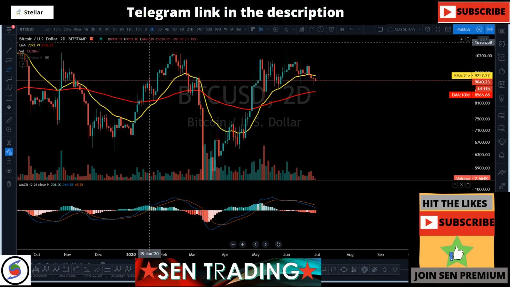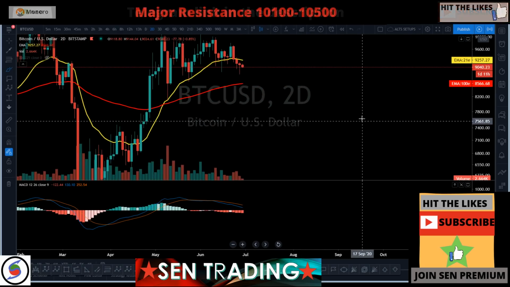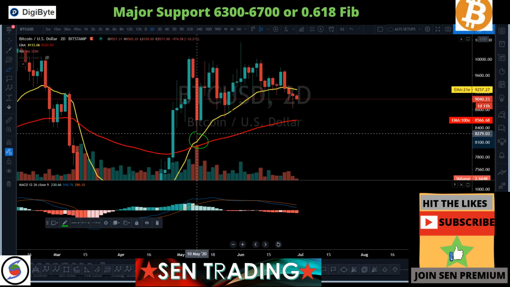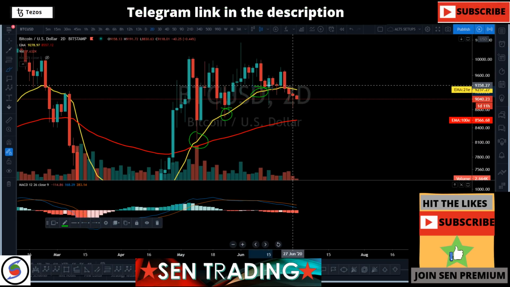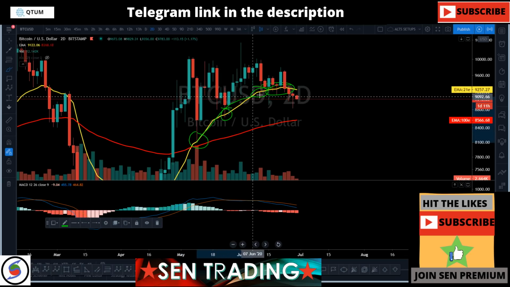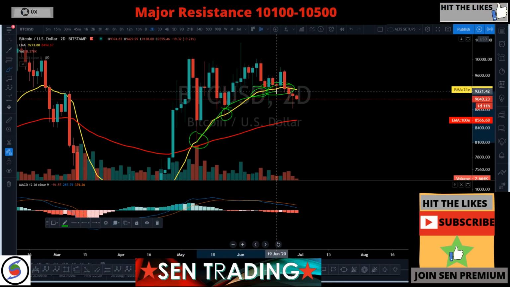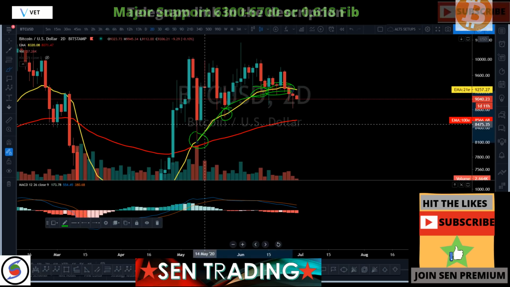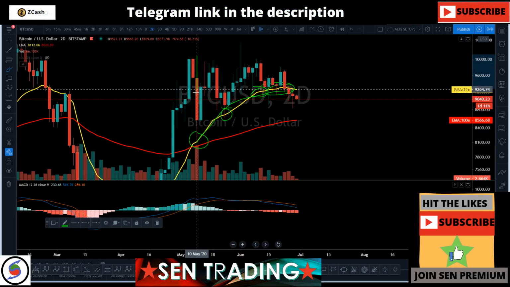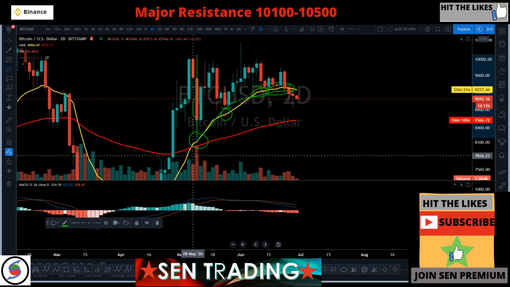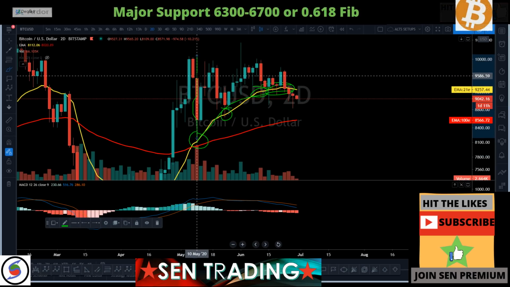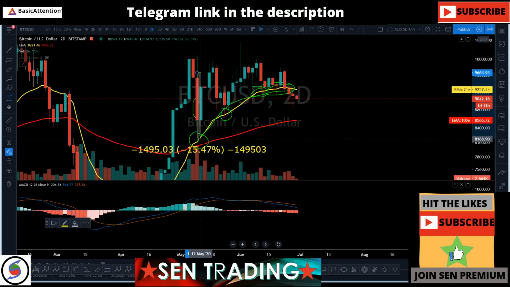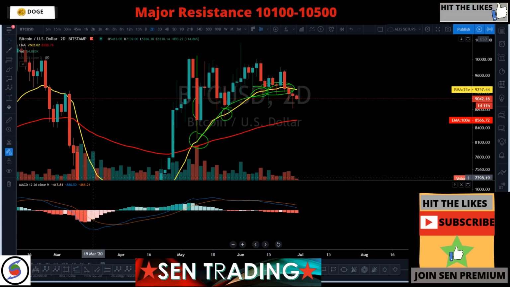Now the next thing we're going to talk about is the 2-day 21 EMA. I said it multiple times why we needed to stay above this range. We got almost 10 touches. I said it in both our premium and public Telegram groups: keep an eye on the 21 EMA on the 2-day chart. It is very important. It's been holding the price since the first drop we got in the first week of May. This Saturday drop, it was a Saturday evening, right? We dumped almost 2,000 points or something like that. So a 15% drop, and now we just broke it.